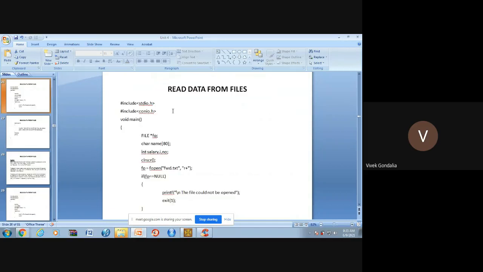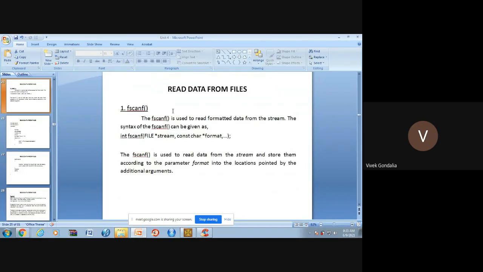Clear? As I told you yesterday also, we have seen all the functions fprintf, fputs, fputc, and fwrite. All these functions will write the data into your file. So whenever you are writing the code for that, the output of all the functions will be the same. Clear? Because the use of all functions is writing the data into your file, but their mechanism is different.